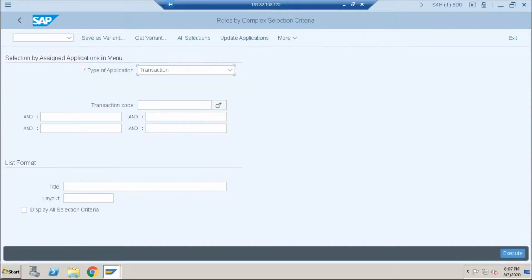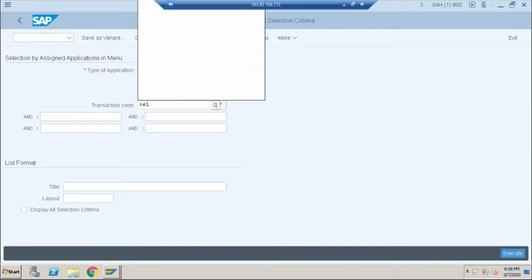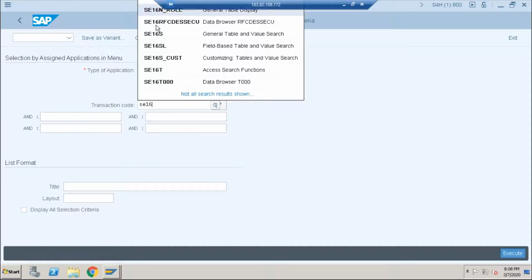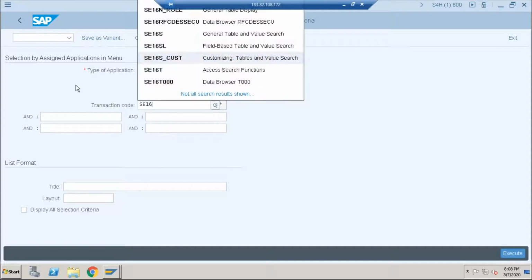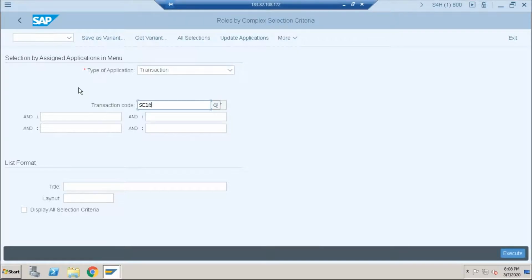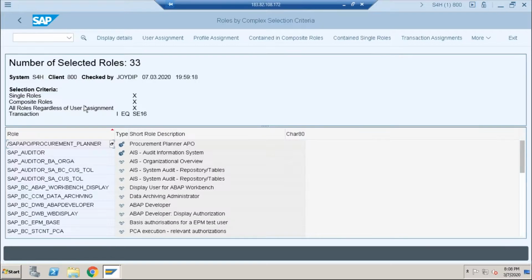Transaction. So enter any transaction code, how many roles have this transaction. That is the AGR underscore T code. So we enter the transaction code. Give any transaction, just SE16. Click on execute. It's showing all the role details.